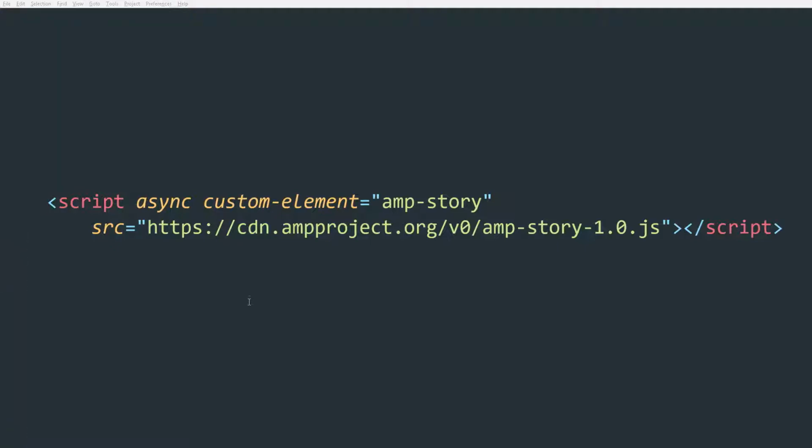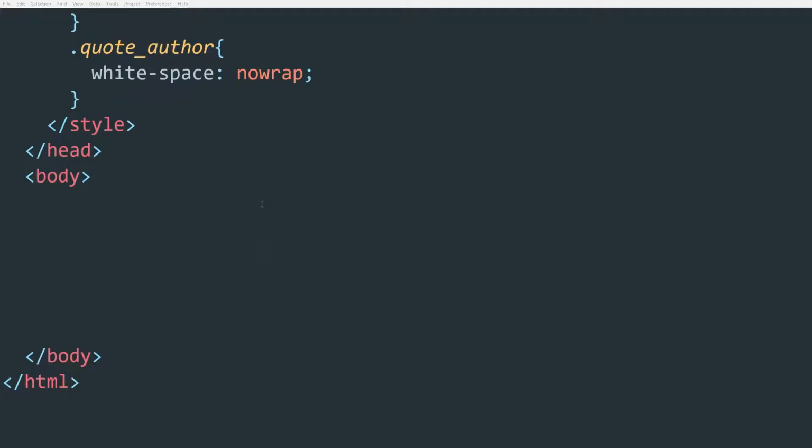Then fire up Google Chrome and make sure that you have installed the AMP validation plugin, since it will validate our AMP story as we code along. After you have done all that, we can start coding our AMP story. Make sure that you include the entire story right below the body tag, okay? No other element should be above the story. The entire page should include just one story.